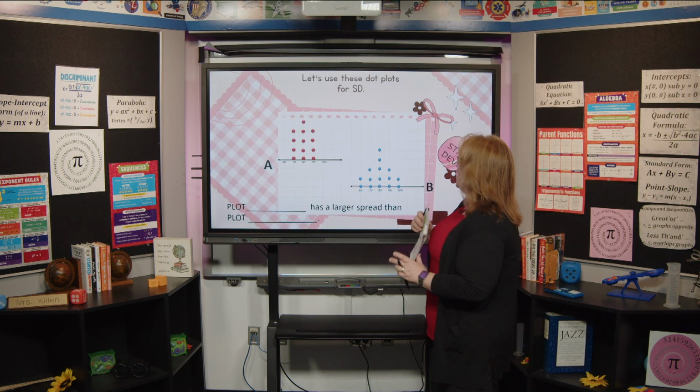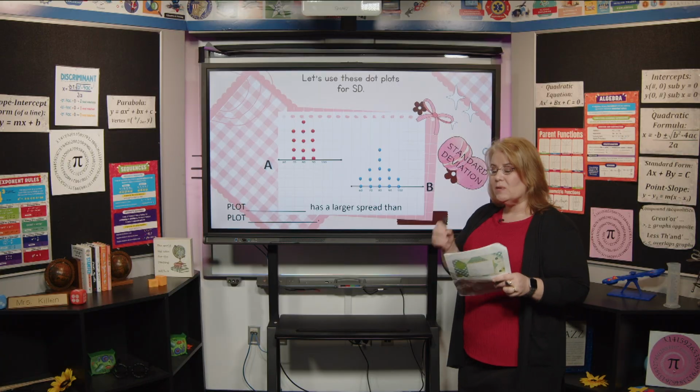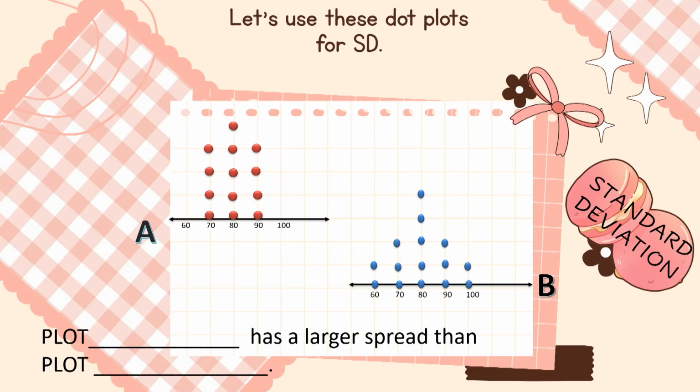All right, so let's use these dot plots for our standard deviation. Now we said standard deviation was what? The distance from our data points to the mean or the average. Now let's look at A and B and just compare the way they look. A is kind of clustered together and B has more of a spread. So I know that I could say that A is clustered and then B has a bigger